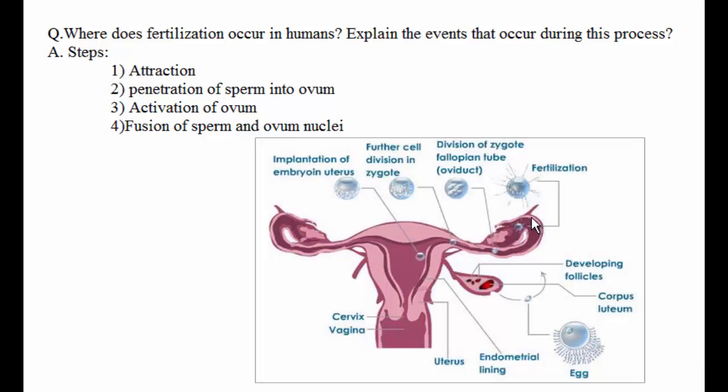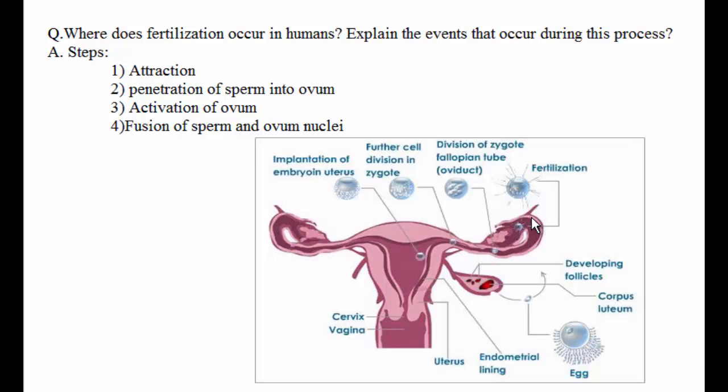One mature egg is released from the ovary on the 14th to 15th day of the menstrual cycle. This ovum enters the fallopian tube and moves in it by the muscular contraction and ciliary action of the epithelium of the fallopian tube. Here the ovum secretes a chemical substance called fertilizin, a glycoprotein, and